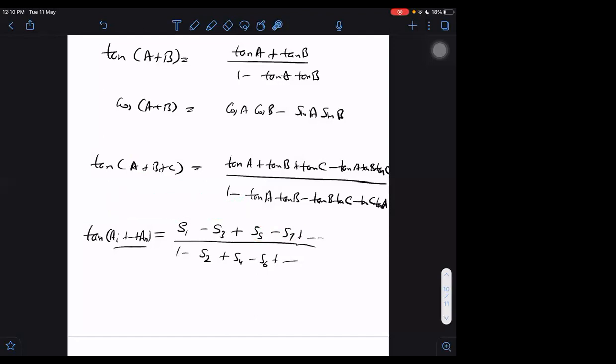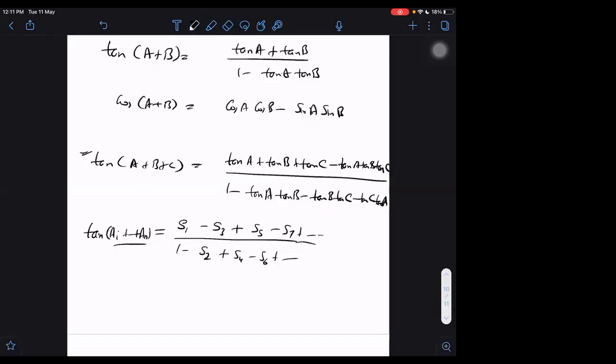5 trigonometric ratios also we will take, and we will keep arranging them in proper cyclic order. AB, then BC, then CA. If D is there, then AB, BC, CD, DA. We will follow cyclic order: A, B, C, D, A. Similarly, we have to arrange all possible terms. Anyway, we don't have to go that far. It is enough that you remember for 3 angles. That will be more than enough.